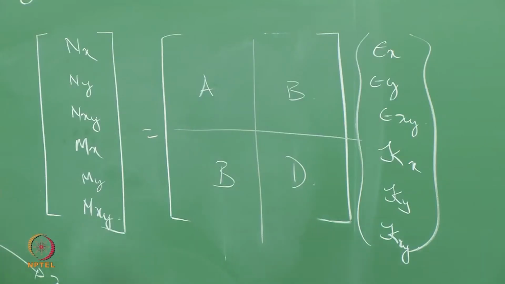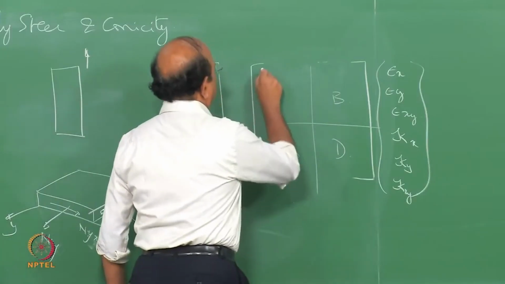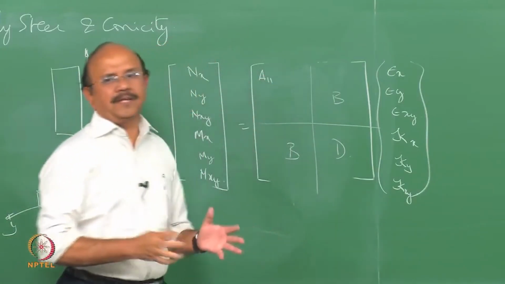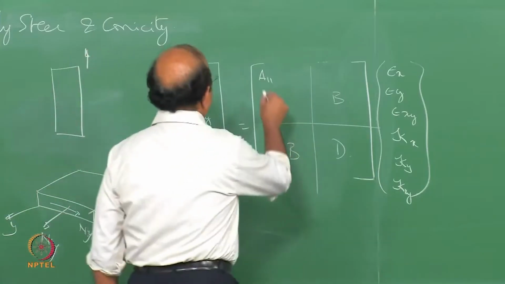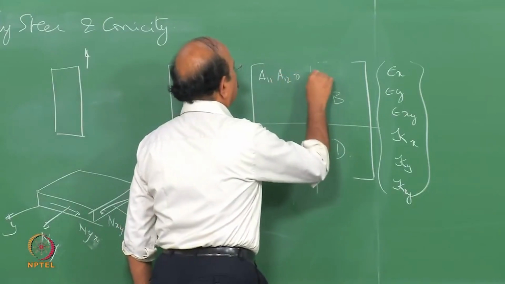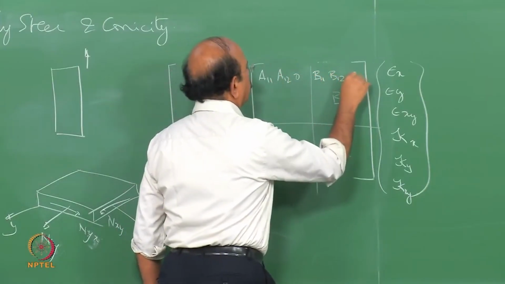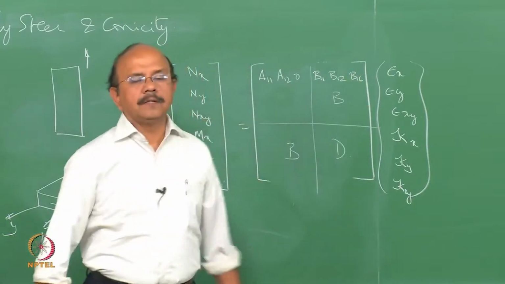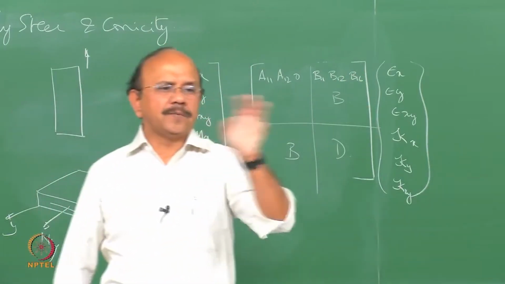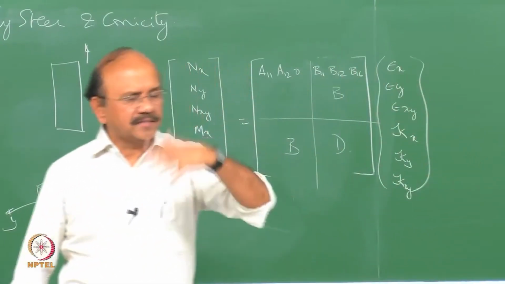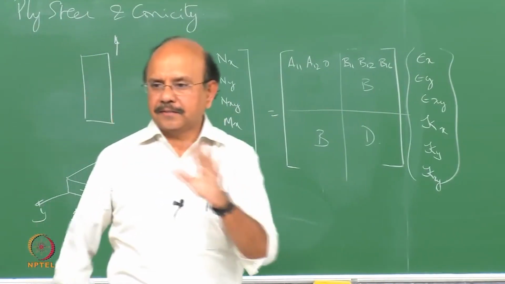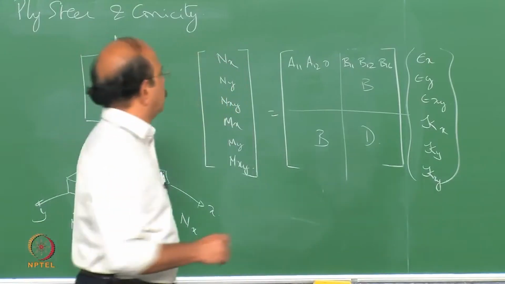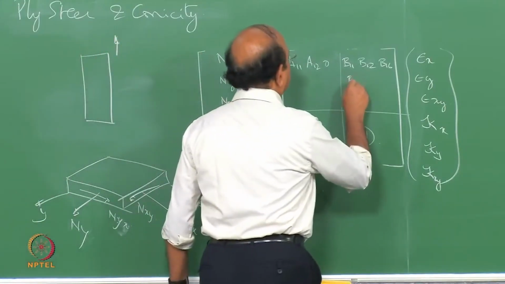Okay. Now, let's see what A is. So there are terms here. Let's not worry about how the terms are calculated. Any composite book will give you the terms, how it is calculated. So we will call that A11, A12, 0, B11, B12, B16. Okay. So these are terms which depend upon the new values, E values, and so on. Okay. So let's not worry what it is. That's not our intention. So you can go on like that, B12,